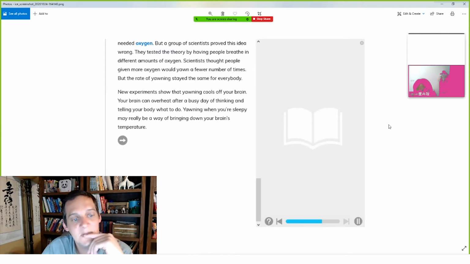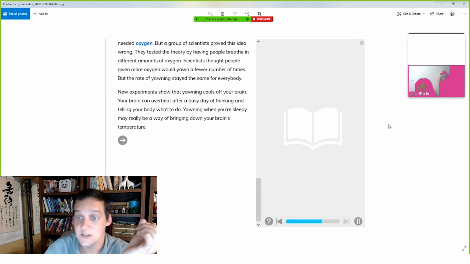Next, new experiments. New experiments show that yawning cools off your brain. Your brain can overheat after a busy day of thinking and telling your body what to do. Yawning when you are sleepy may really be a way of bringing down your brain's temperature. Your brain can overheat when it gets too hot. So when we yawn,